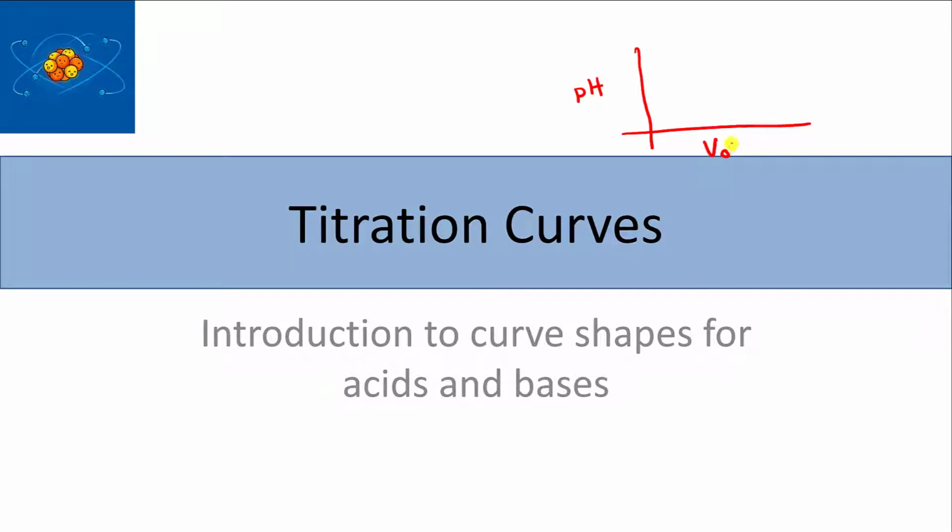This is going to be volume of titrant. And then as we do the titration, you're going to see specific shapes come up on the graph. If you're looking at them for a weak acid, they often look something like that. Okay. And so what we're going to do in this section is explain why it's this shape. We're also going to spend some time doing calculations so that you're able to calculate the pH anywhere on